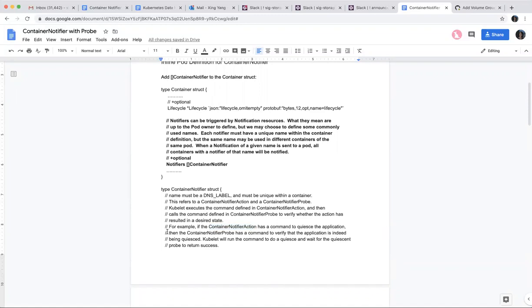And at the same time, it will be calling this command in the container notifier probe to check the status. So if it's something like log tables, I think you can probably check it and just try to write something and find it's okay and rewrite it. Maybe that's one way of checking for at least this one. And this way, kubelet has a relatively deterministic way to know whether it is done or not.